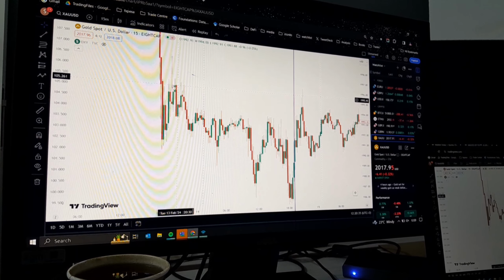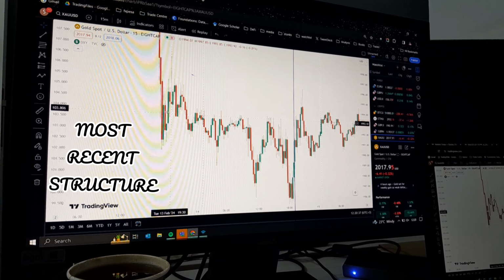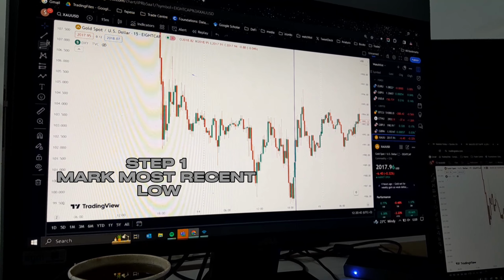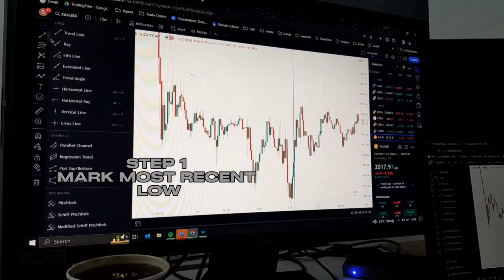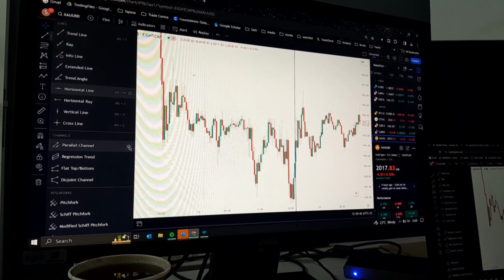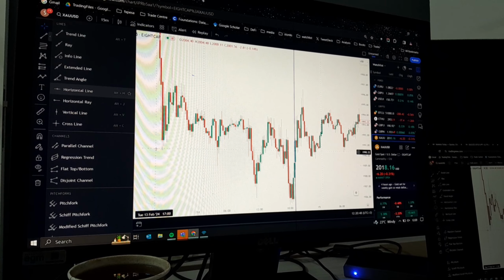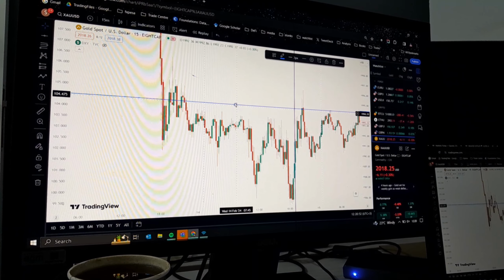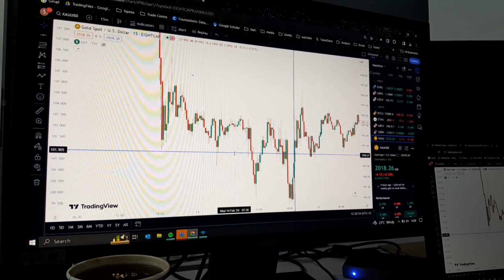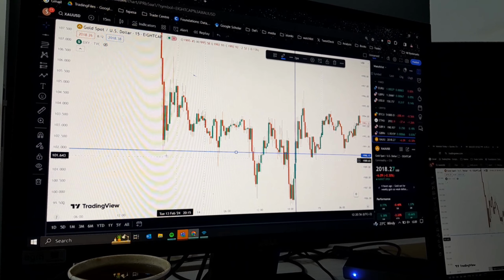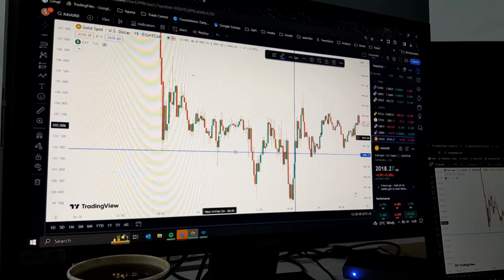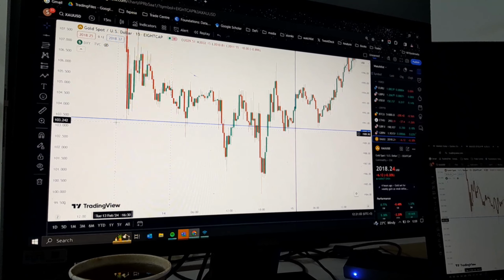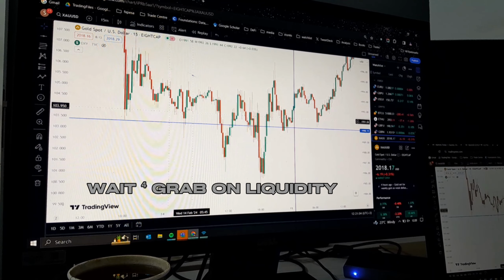So now we'll start our analysis on 13th February from this point right here. The first thing, we'll mark our low, which is this point. Now this is our low. Our analysis is from this point. Let's begin. Once this low is taken out, the first thing,